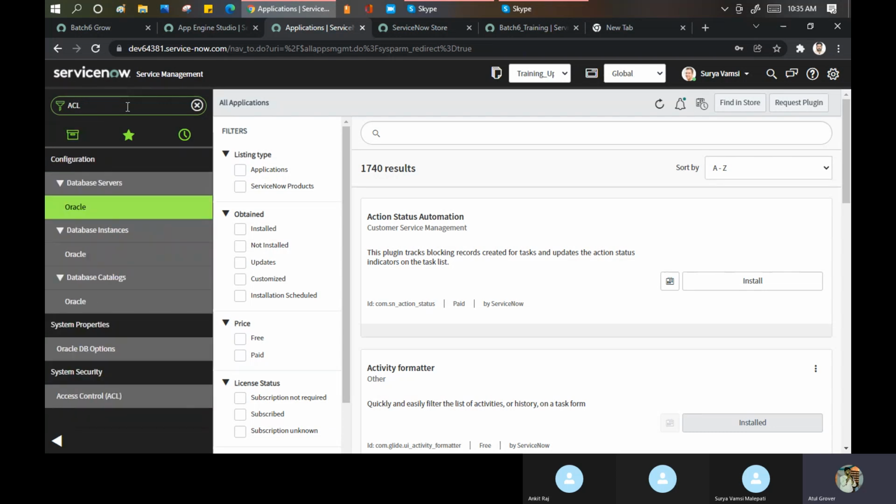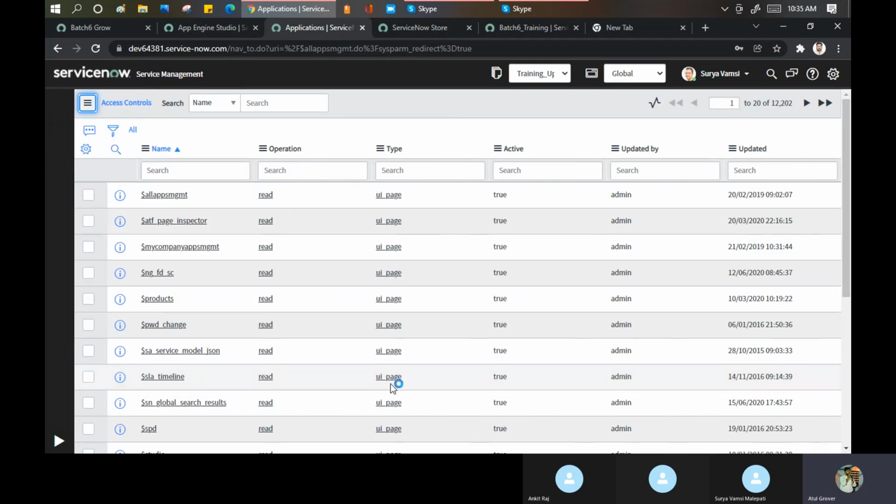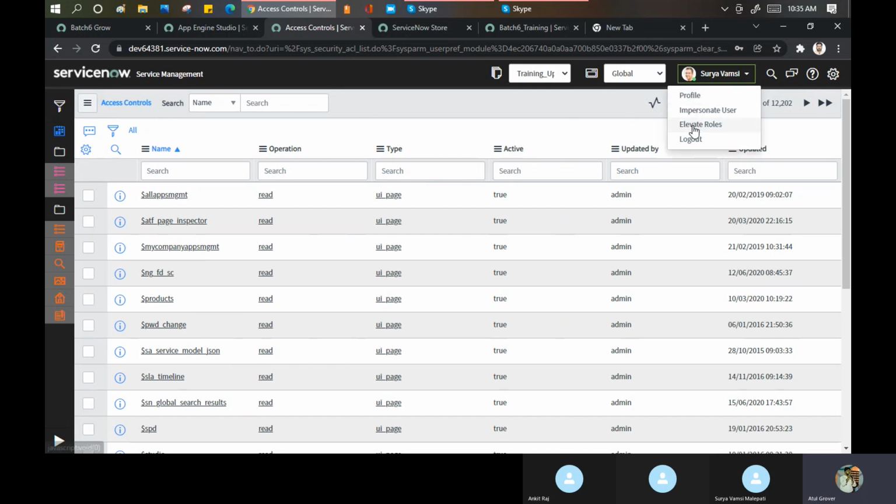ACL, Access Control List. From the consulting perspective, जितना आता है उतना ही बात करेंगे हम, और मुझे भी इतना ही आता है. You are not able to see any new button here, even though he is an admin, but still new button नहीं आ रहा. For that, you need an elevated role. From the certification perspective, specifically, ये question आता ही आता है CS exam में, that what do you mean by the elevated role and how do I define it.